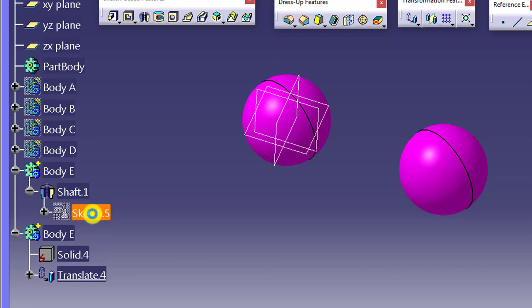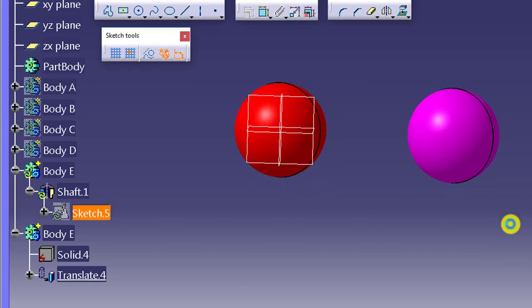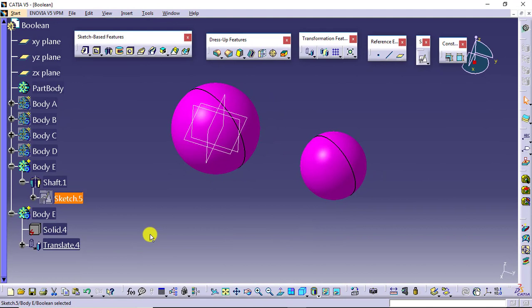So we will modify the parent and I'll make it 80. The parent has been updated, but the child is not. So the sign is for an independent solid. There is no dependency. If you make any modification in the parent, the child will not update. But the difference from the previous option is that here we have a non-parametric solid available.